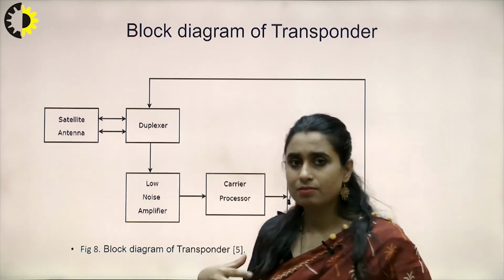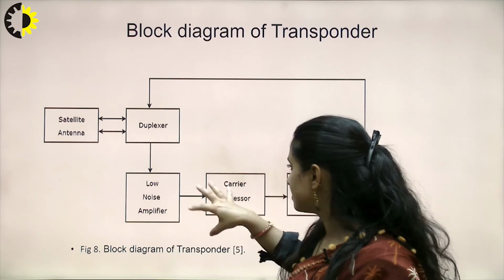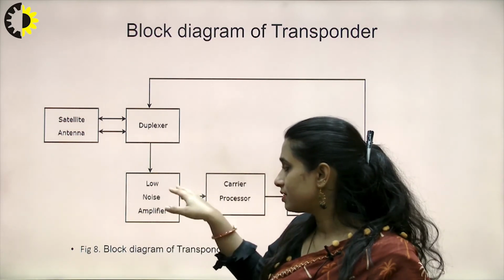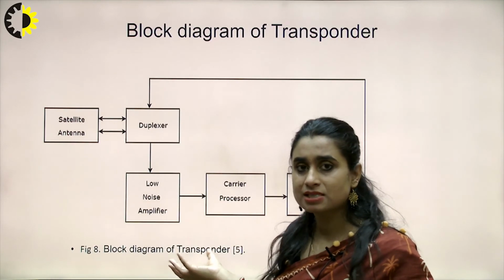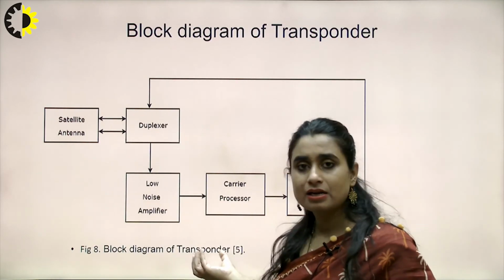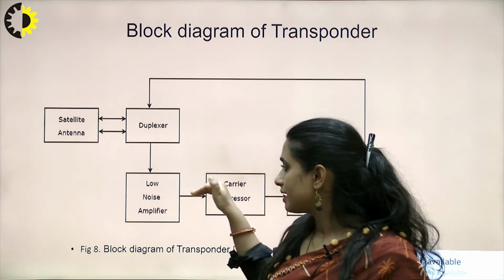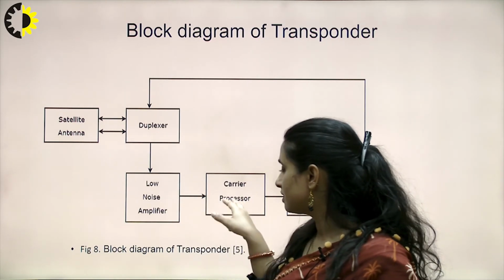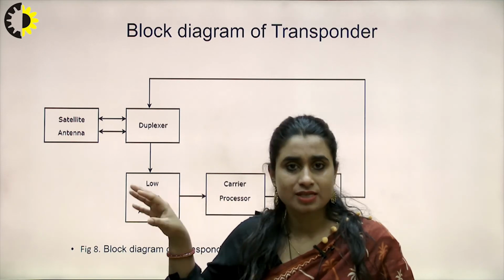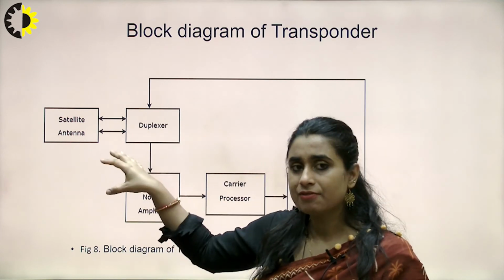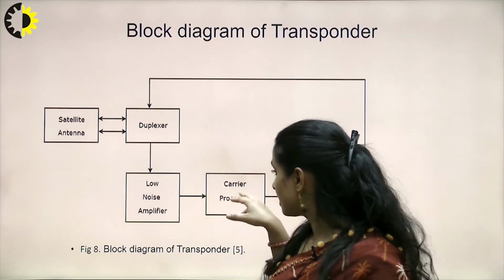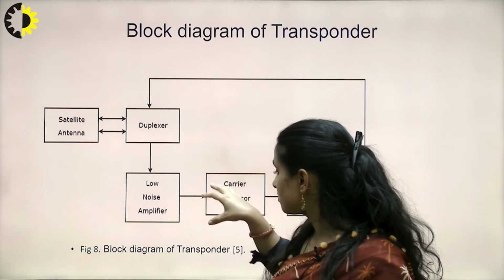If we have studied the superheterodyne receiver, the mixer part will be here, the down conversion. With the help of a local oscillator, we generate the carrier locally here. We'll be getting the RF frequency here, and when both are intermixed, we'll be getting various frequencies, right? So from the RF range, we'll convert it into the IF frequency, the intermediate frequency, and this carrier processor will be a whole